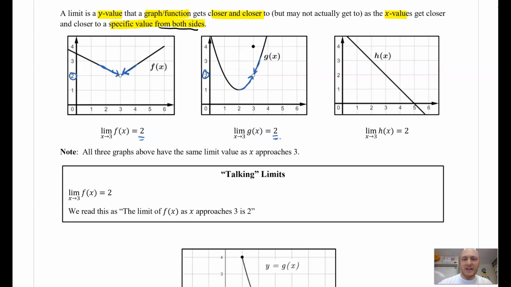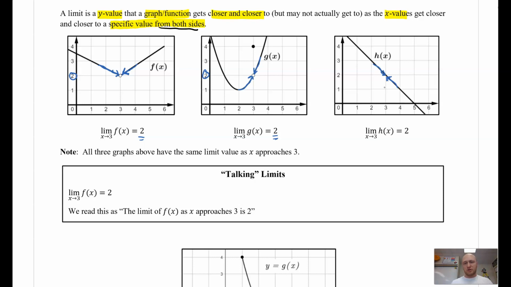Here we have h of x, and notice it's just a linear function, and the limit of h of x as x approaches 3 is also 2. So I have nothing funny going on, as in the last examples. We're just going along a perfectly normal function, and from the left and from the right,